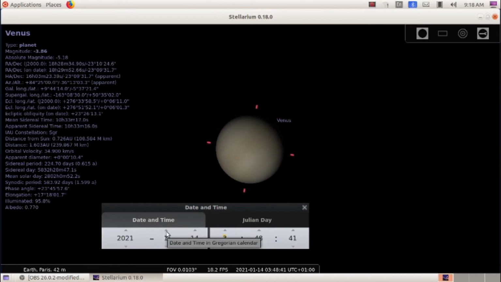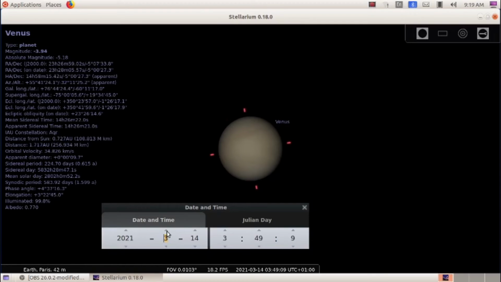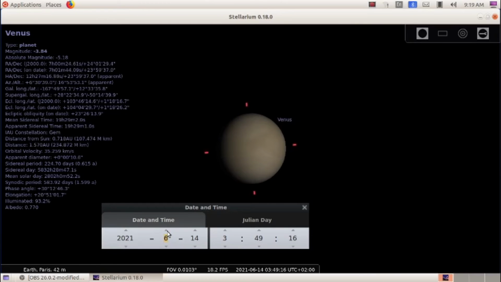So at the top you can see a small triangle. Click on that. So while I am changing the month, you just observe the Venus. Okay, I am changing the month here. What change is occurring in Venus. So again I am going to change the month. Now it is 2. I am going to make it 3. So you just look the Venus. Here I am going to change to 4, 5, 6th month. So you can observe the change in Venus, right?